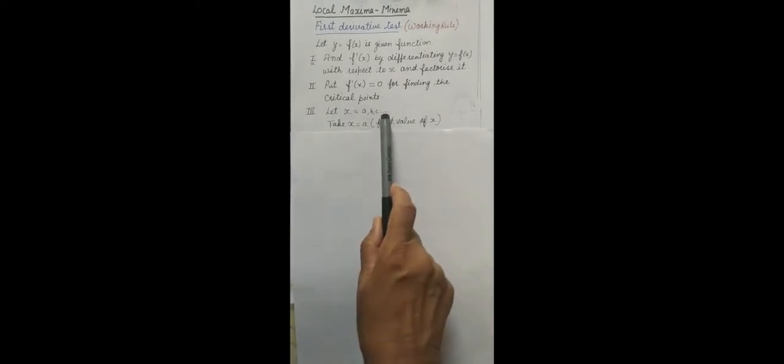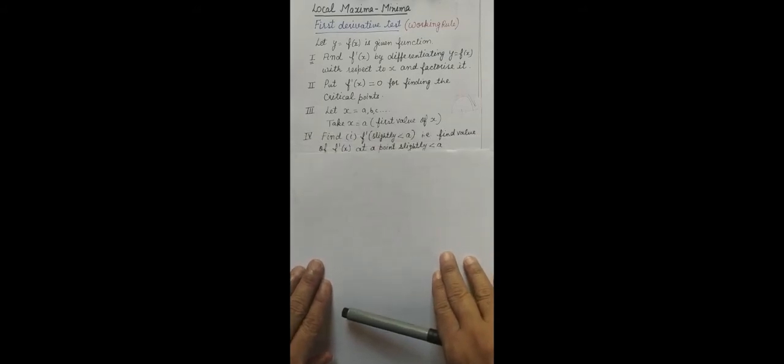Now let me suppose that there are, I have taken only 3 values, but these dots mean that values can vary from 1 value, 2 values, 3, 4. It depends upon the formation of function, how many values you obtain. So let me suppose that x is equal to a, b, c, and so on. So I am taking the first value, that is, I will check the first value of x for the local maxima or local minima. Now what will we do?